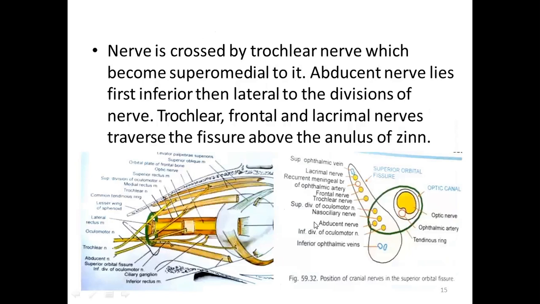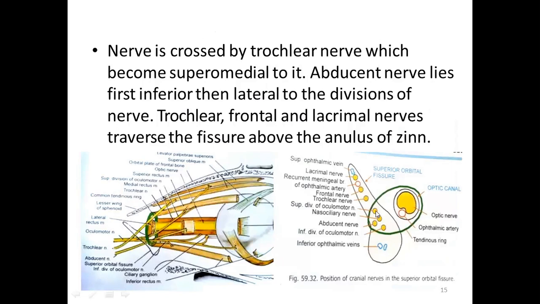The nerve is crossed by the trochlear nerve, which becomes superior-medial to it. And the abducens nerve now lies first inferior, then lateral to the divisions of the nerve. Trochlear, frontal, and lacrimal nerves traverse the fissure above the annular ring of Zinn. Here, in this ring, you can find the